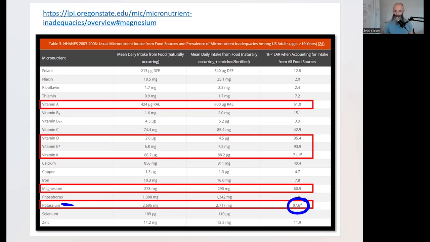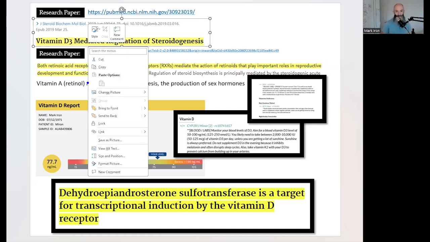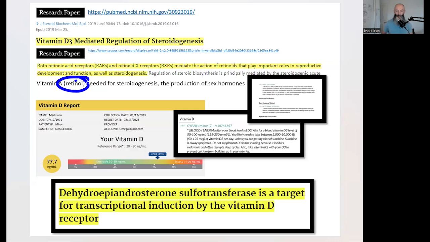So a couple of special mentions go to retinol, vitamin A, 51% deficient, vitamin D, 95, vitamin E, like 93, vitamin K, 71. And also magnesium, just about 61% of people are deficient. So we've really got to make sure we've got optimal vitamin and mineral status, because vitamin D is required to make sex hormones, and the same is true for retinol, vitamin A. And it also makes another androgen called DHEA, which is a neural steroid, and it's kind of classified as a